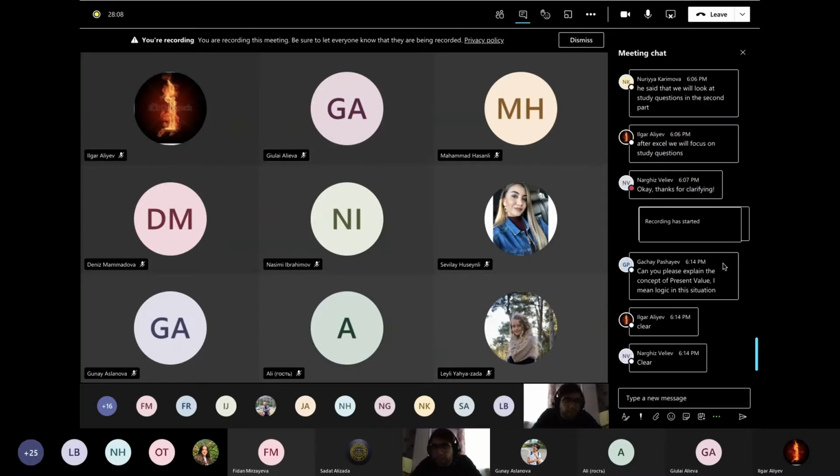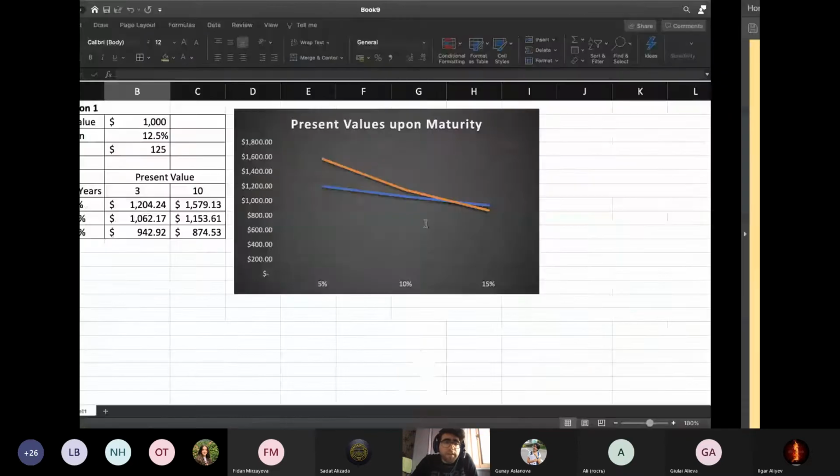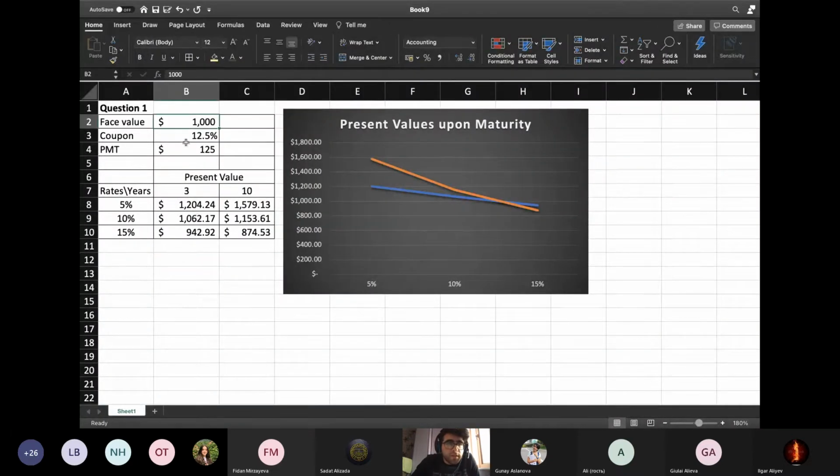Gachai asks, can you please explain the concept of present value? I mean the logic in the situation. Present value is the price of the bond. Gachai, present value is the price of this bond. We are finding present value because the face value is given; face value is the nominal value, which is written on the piece of paper, for example 1,000, for example 100. It has a coupon rate and also coupon payments, and it can have different maturities: 3 years, 10 years, or 15 years, and also different